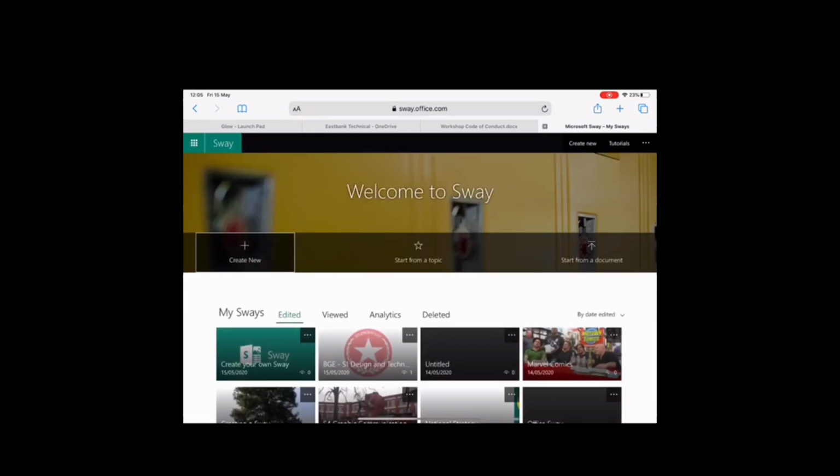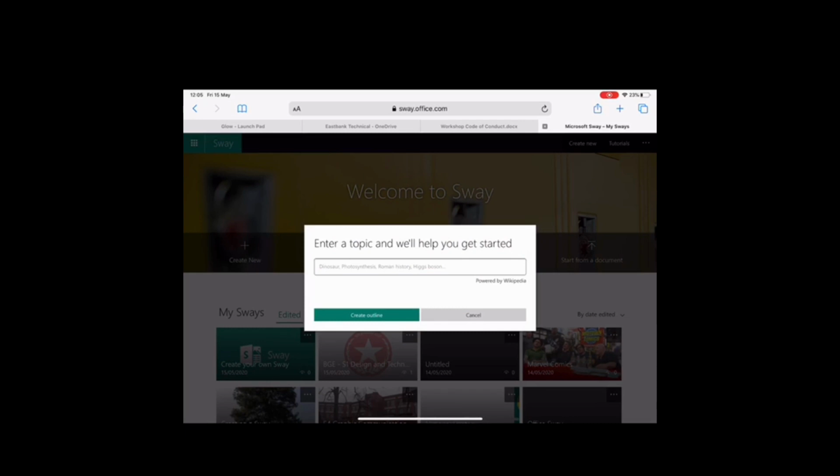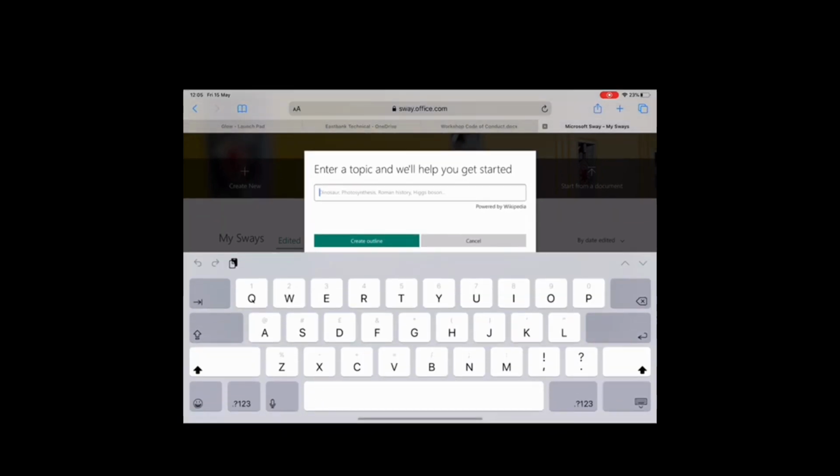Now we're done with that, we're going to learn how to start from a topic. In order to do this, you just click start from topic. Now it uses Wikipedia, which is not usually a resource we'd ever recommend to the young people in our classrooms, but that's what Microsoft Sway has chosen to use. So if I type in Microsoft Sway,